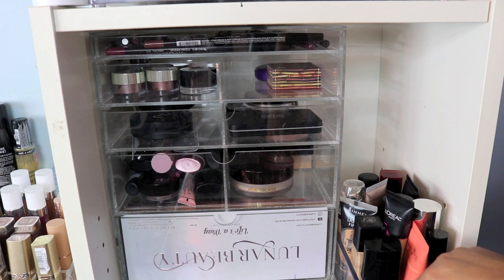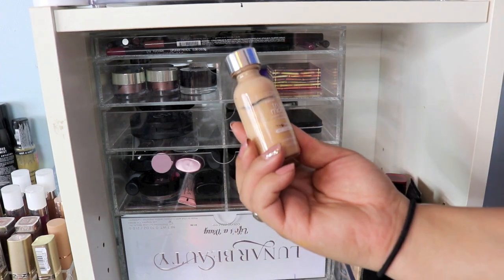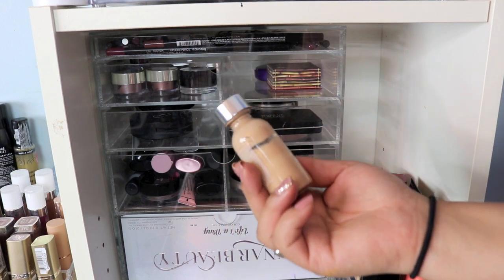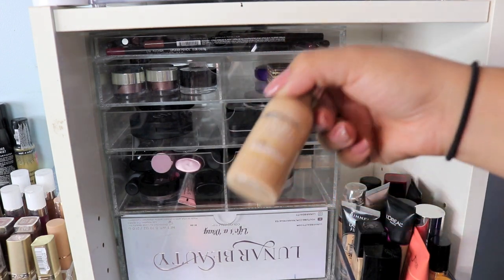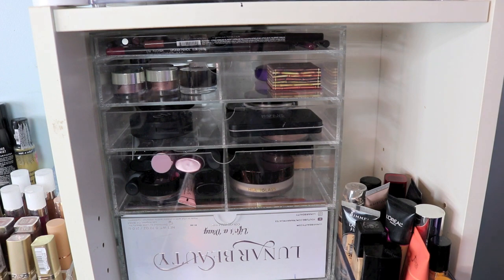For foundations, some of these have got to go. Like, this one, this is like the first foundation I ever owned. It's got to go. And as you can see, I don't use a lot, therefore this is a lot, and I'm sure it wasn't even the right color match. But this is a great foundation. It does have a very nice finish. So then